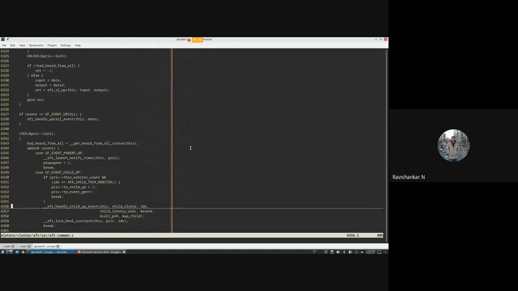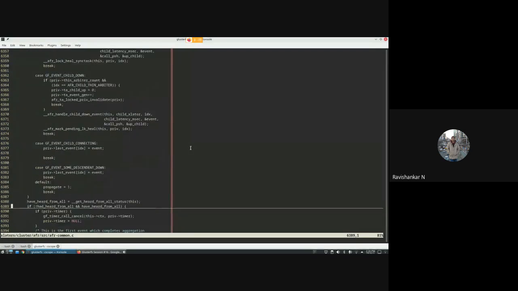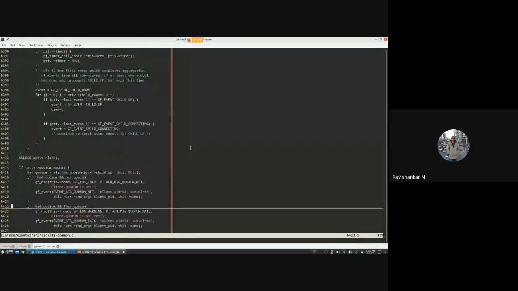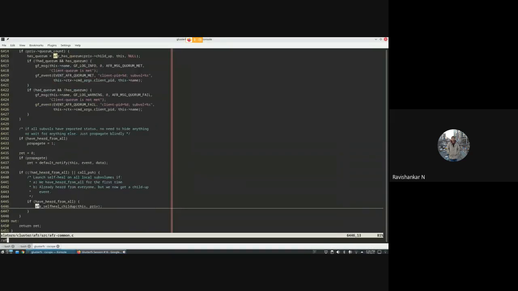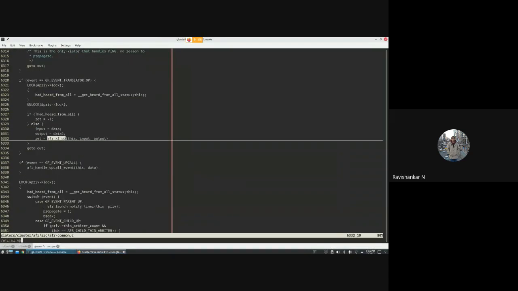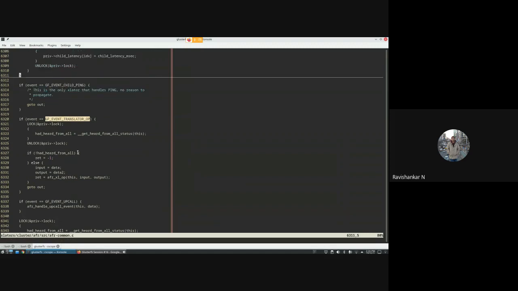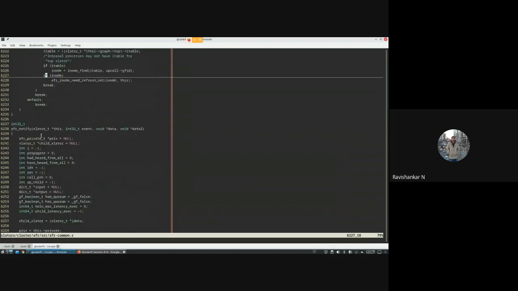In this, it will send an event called AFR XL op. This translator op is something which is sent by glusterd to the self-heal daemon. This code is in AFR command.c, but the parent function is AFR notify.